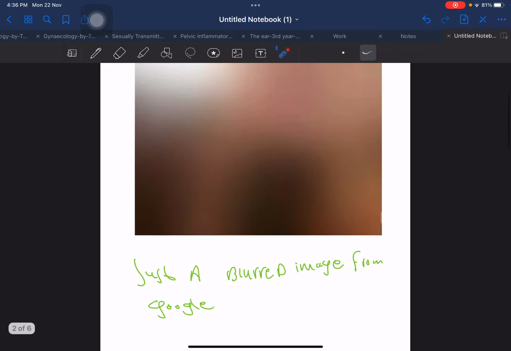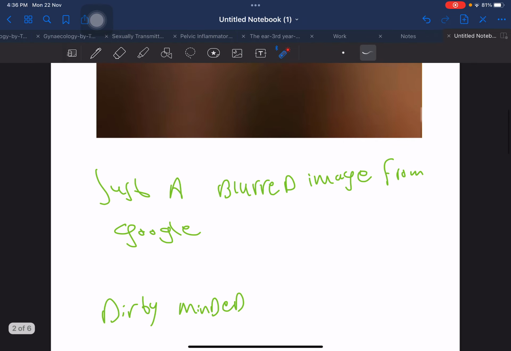that's a, don't get it wrong. That's just a blurred image that I picked up from Google. But now I know that I'm working with the right people. So, let's talk about the essence of life. The essence of life is